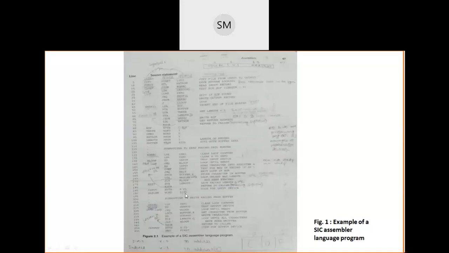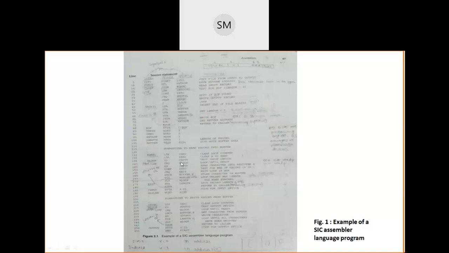Max length's value is 4096. Clear? So if this x value is 1 now, because it was just incremented from 0 to 1, and 1 is less than max length, that is 1 is less than 4096, since it is true, jump to R loop. R loop is where it is here only. It means you go to the second iteration of your loop. That second iteration will be executed by using this JLT, that is jump to R loop if it is less than. Of course the condition is true, so it will go back and start the loop once again.